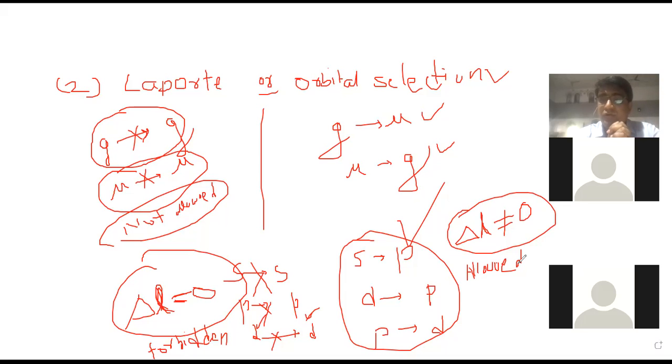So delta S should be equal to 0 for the transition to be allowed according to the spin selection rule. And if delta S is not equal to 0, the transition is forbidden according to the spin selection rule. Then the second selection rule is the Laporte selection rule, or orbital selection rule. So according to this Laporte selection rule, the electronic transition taking place between the